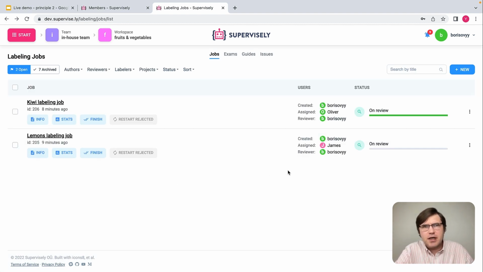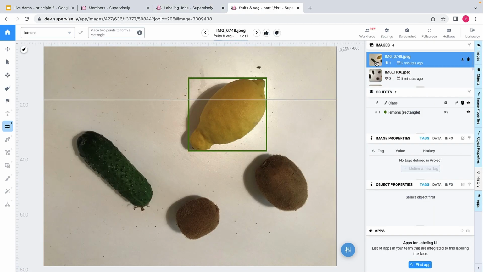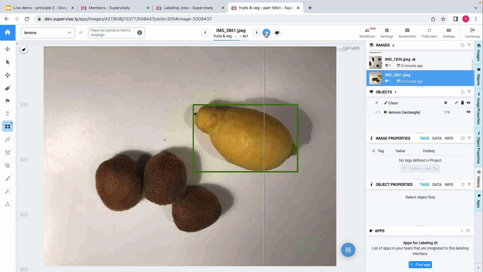If I go back, let me deal with the task of James, the task that was assigned to James. It also has review status. And by the way, for this task for Oliver, I can click finish so that this task becomes completed. So let's open the labeling job that was completed by James. Let me also start with the very first one. So say I accept this image. Accept this image,